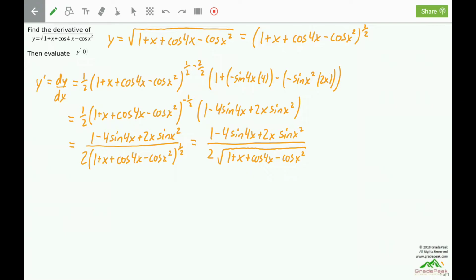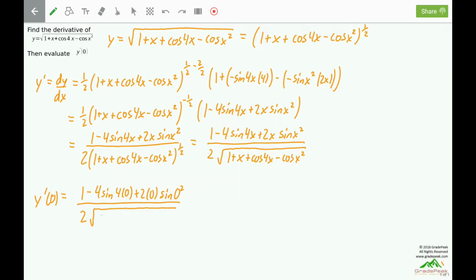The next thing to do is evaluate y prime at 0. Y prime of 0 means to plug a 0 in for each of the x's. So we will have 1 minus 4 sine of 4 times 0 plus 2 times 0 times the sine of 0 squared. All this divided by 2